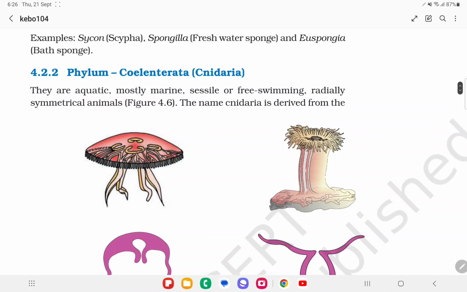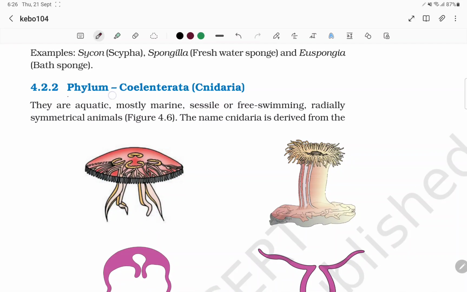Hello guys, today we are going to see the phylum Cnidaria. We otherwise call it Coelenterata. There is a reason why we call it Coelenterata and why we call it Cnidaria. Coelenteron is because it has only one gastrovascular cavity, because it has only one opening. This is the only mouth and this is itself the anus. That's why we call it Coelenterata, because of the presence of coelenteron, which we otherwise call the